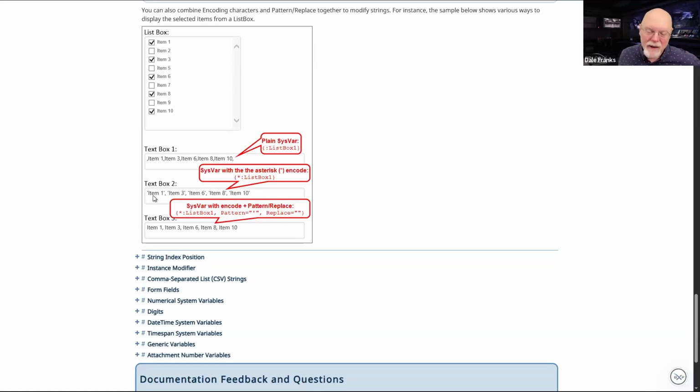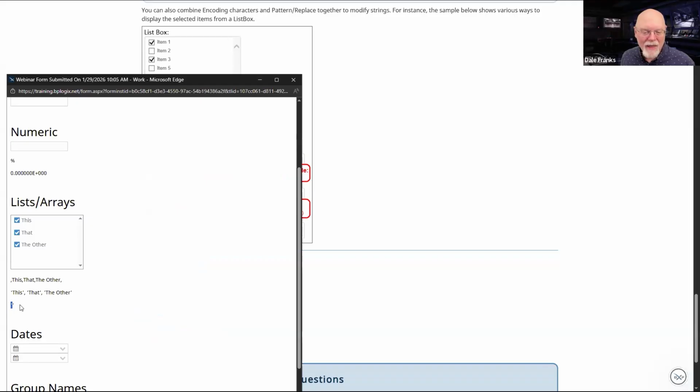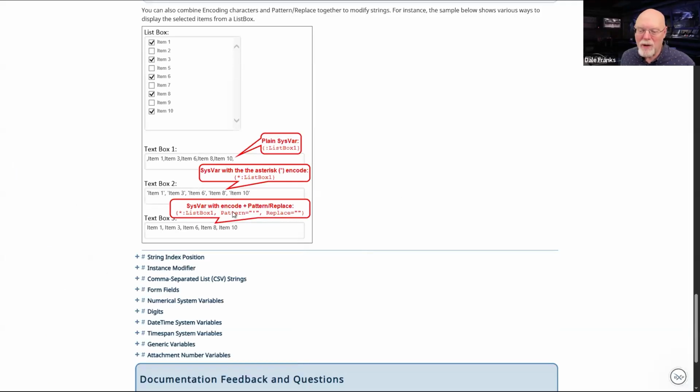Then on the second line, when I dropped in the encoding character, I have these single quotes, and I wanted to just get rid of the single quotes and end up with my unquoted comma separated list. What I've ended up with is this, which is wrong, but what you should see is this.